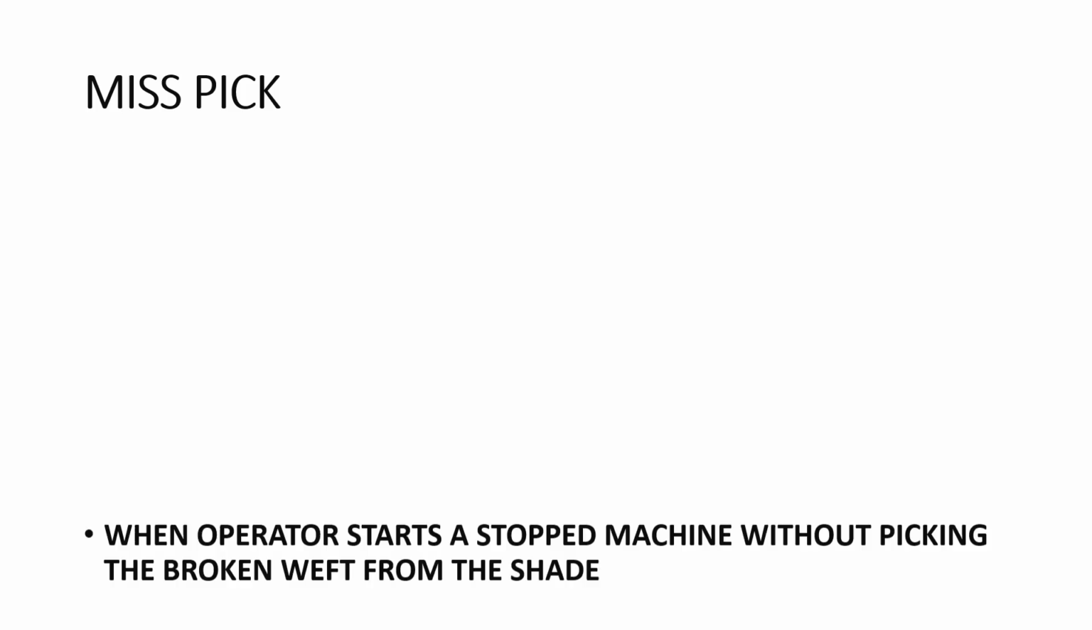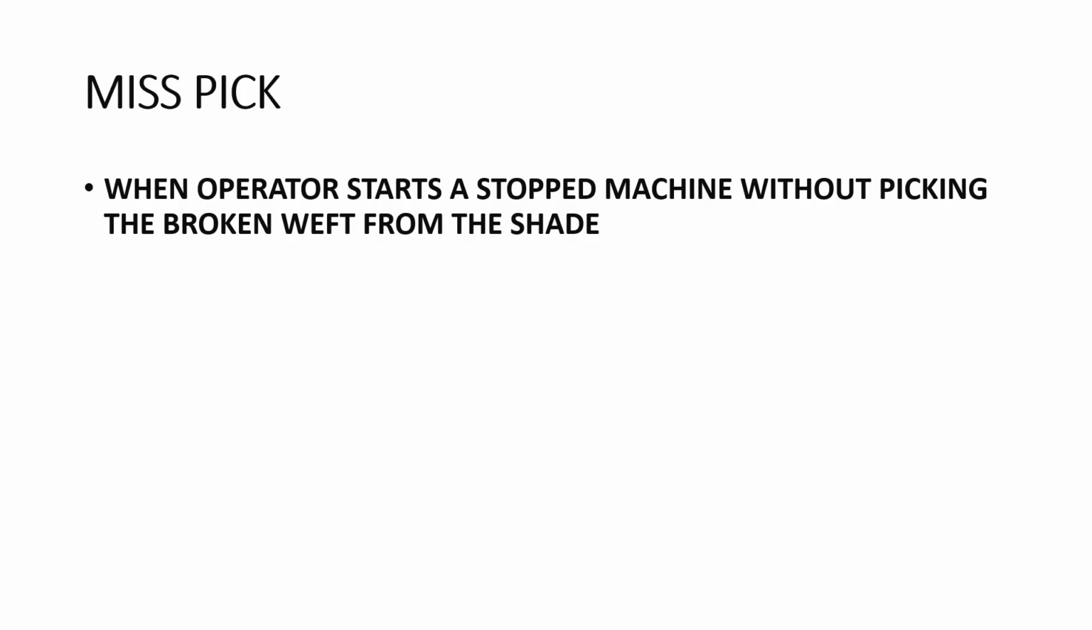Let us see, students, some other defects along with this, like a mispick. What do you mean by mispick? As the name suggests, some pick is missing. Now in the weaving, what happens? The particular operator who is working, and the machine is stopped due to certain drawbacks or faults in the machine, or due to the shift change. Okay, so a stopped machine is getting started, and without picking the broken weft